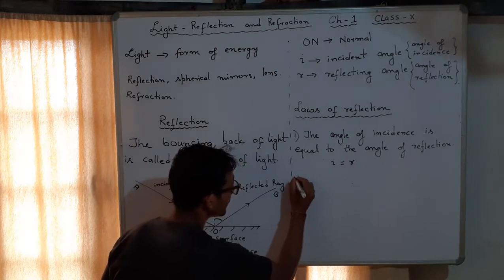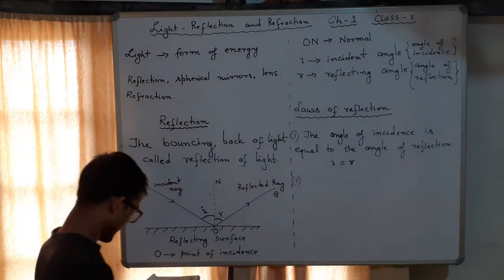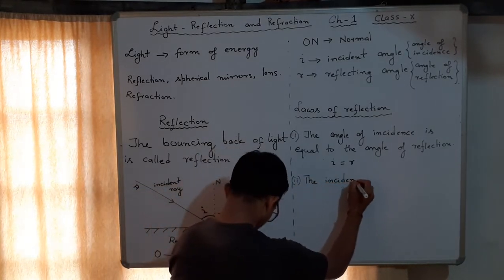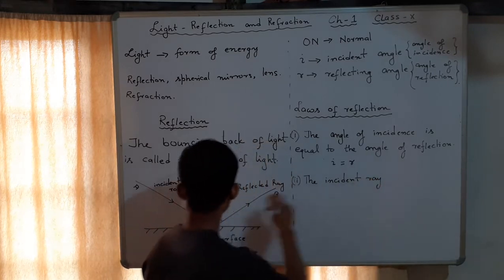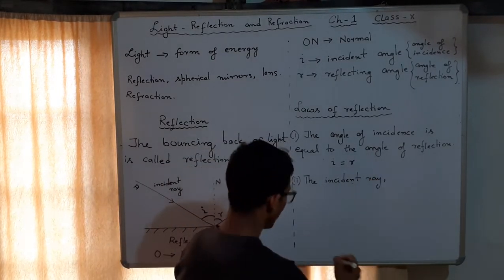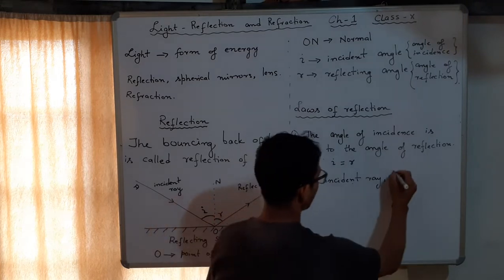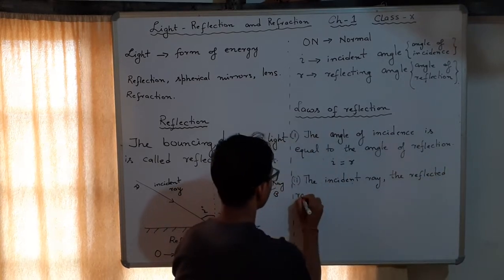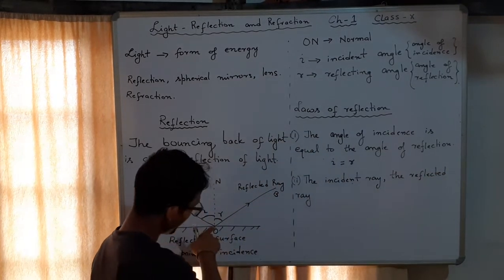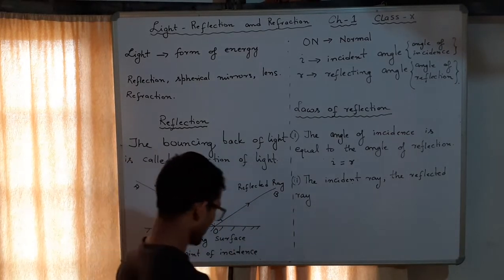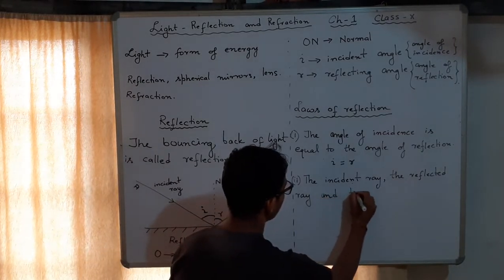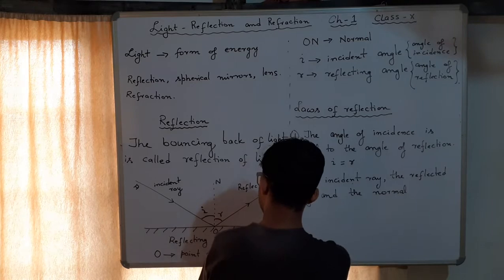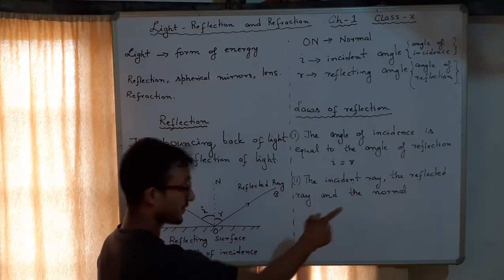Number two is also important. Number two says the incident ray, the first one, incident ray. Look at there, imagine that. The reflected ray, the second one after hitting here, reflected ray, and one more thing, and the normal. The normal is not a ray. This is just an imaginary line. So that is why we don't write ray. Normal